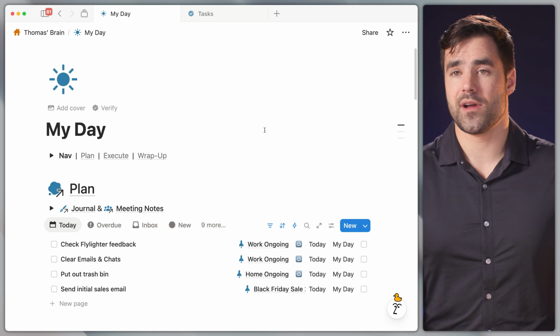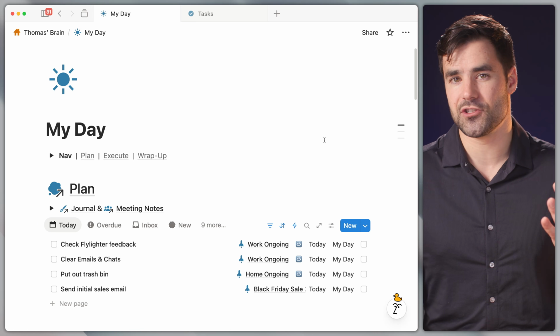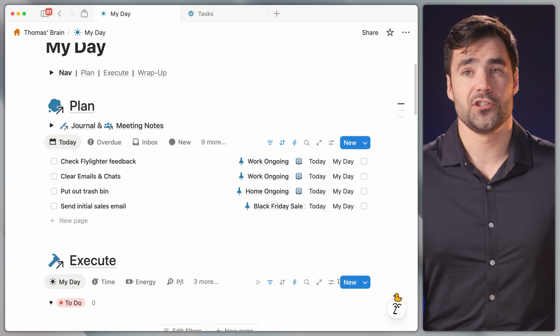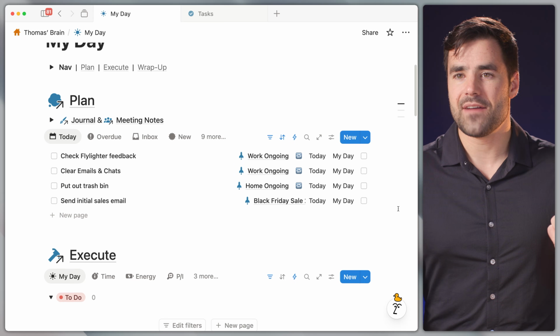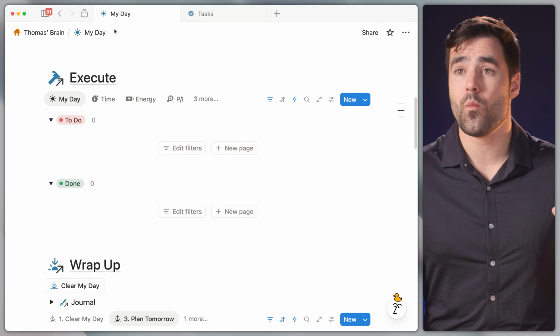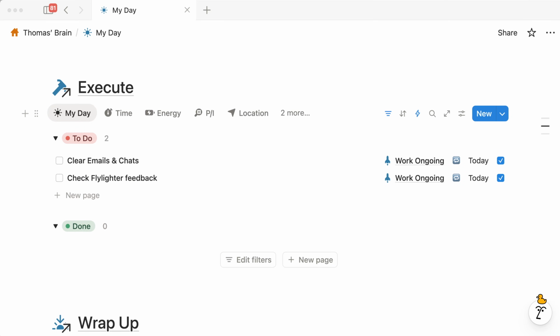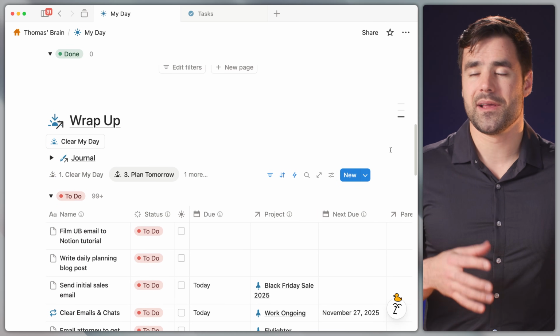So this is the system I've created, as a little bit of a preview. It's called My Day, and it has 3 specific sections. It's got one called Plan. That's really just a sort of classic task manager showing me my due today view, my overdue view, everything else. But then I have a second section called Execute. And when this section is populated, it is what shows me the tasks I'm actually going to work on. Finally, there is a wrap-up section that I'm going to explain a little bit later because the details of it